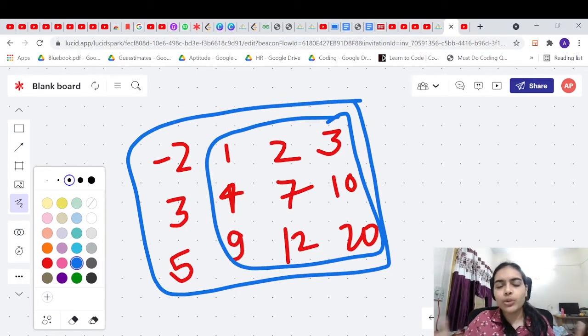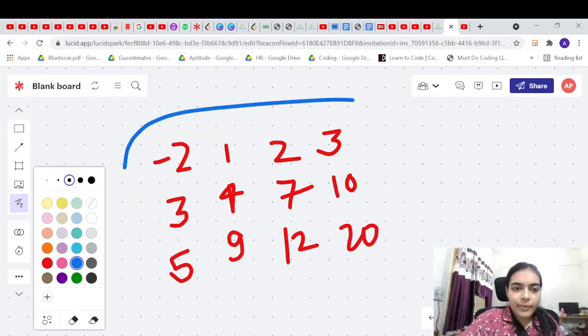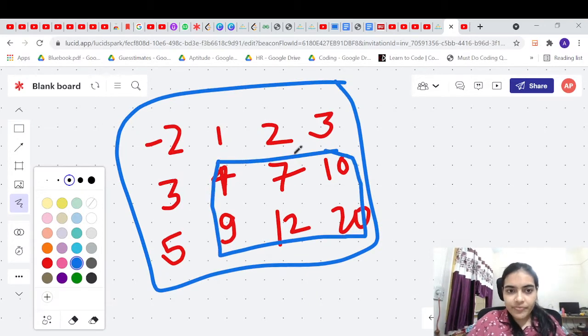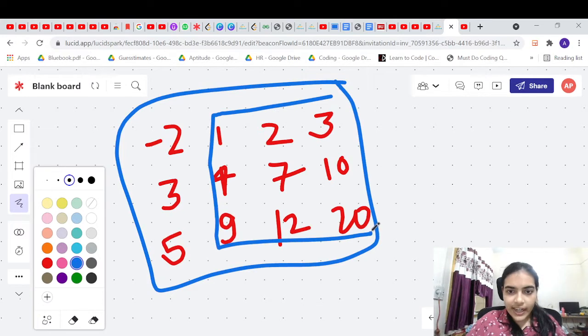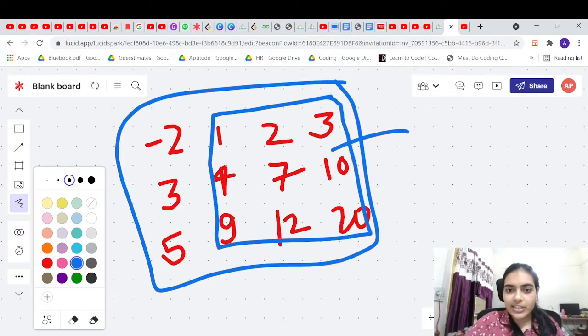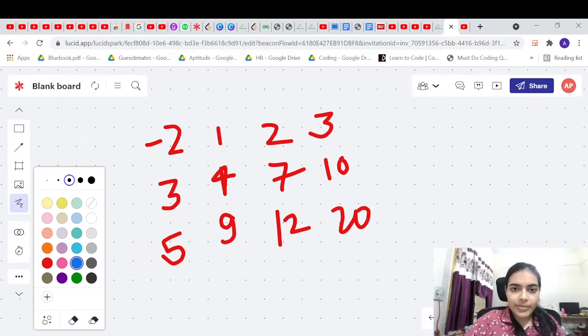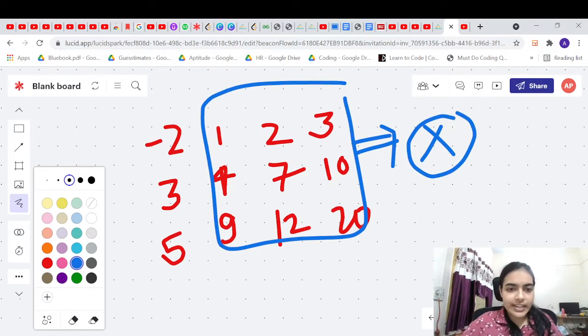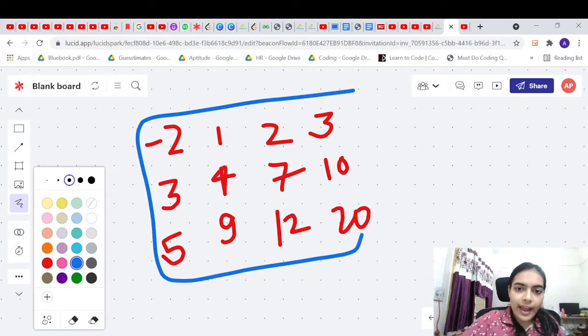Let me just have two values to decide which I want to choose. If I choose the bigger value, what will be my total sum that I will get? I will get this entire area first of all. Let me write the sum of this entire area as x. So let us say that the sum of this region is x. I am not calculating it, of course, we can calculate it. Let's say it is x. So I will get x.